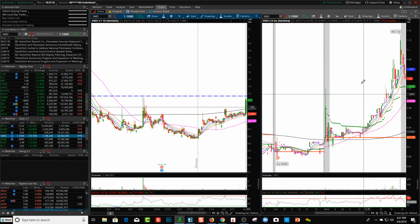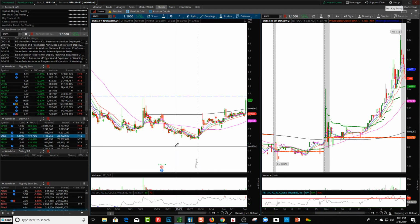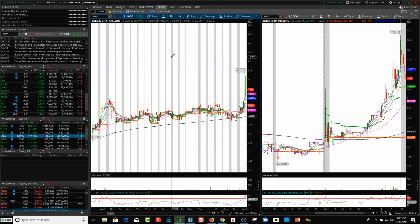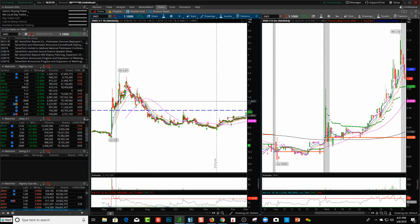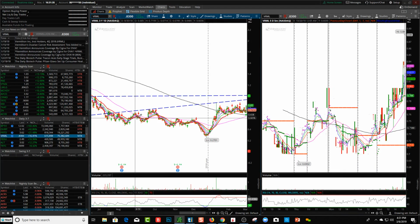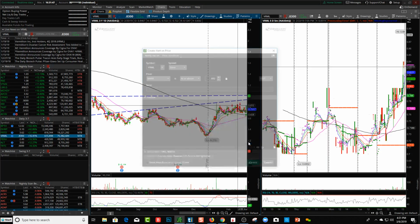And now SNES is dumping in the aftermarket as well. Let's look at the hourly. Yeah, I think I'm going to take that one off. VRML. This one I like. Sideways, inverse head and shoulders, looking for a potential breakout. If it can break out of that 92 cents area. Let's see if it can break $1. So this one I'm going to put